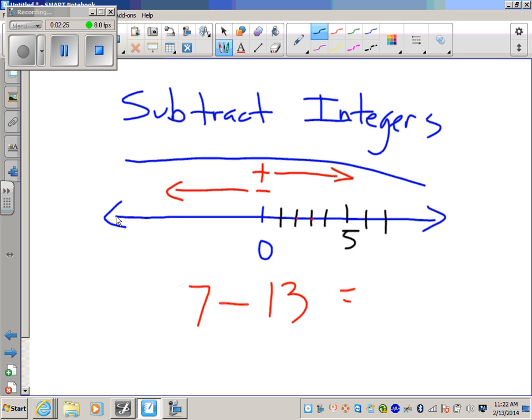So, I always start with that first digit. Start at the 7. I'm lucky enough, again, to just have that minus sign. I'm going to subtract 13. So 1, 2, 3, 4, 5, 6, 7, 8, 9, 10, 11, 12, 13 puts me at